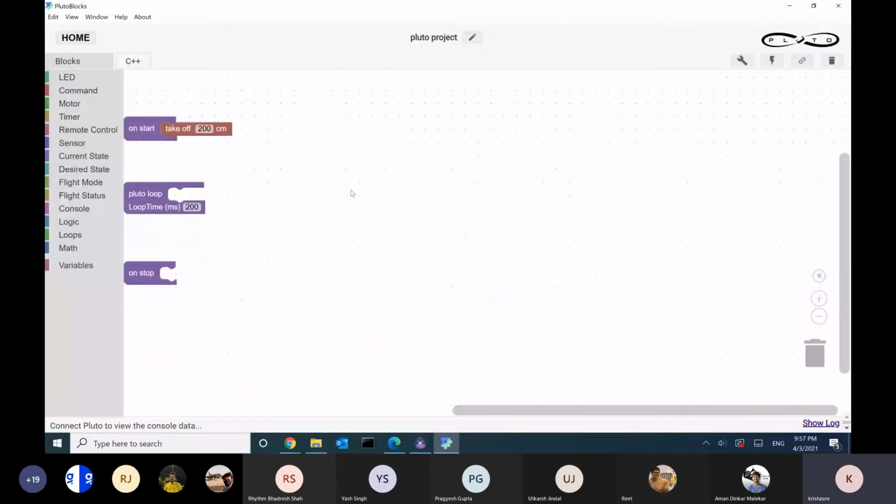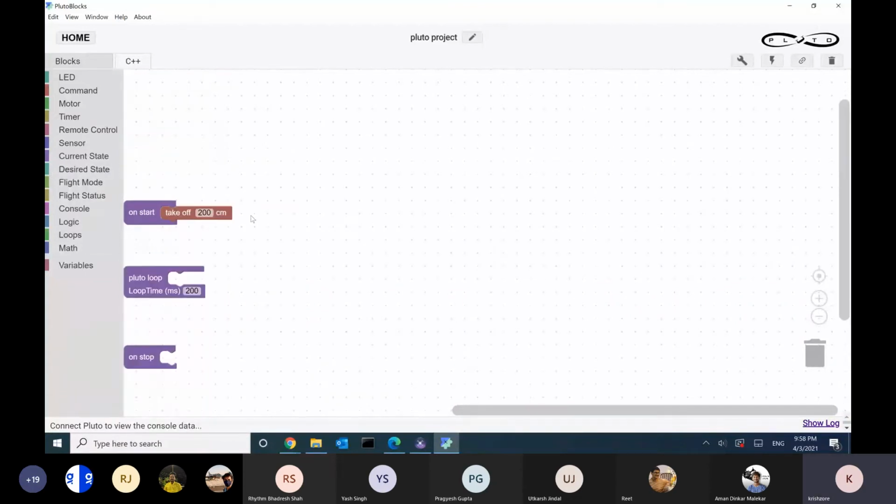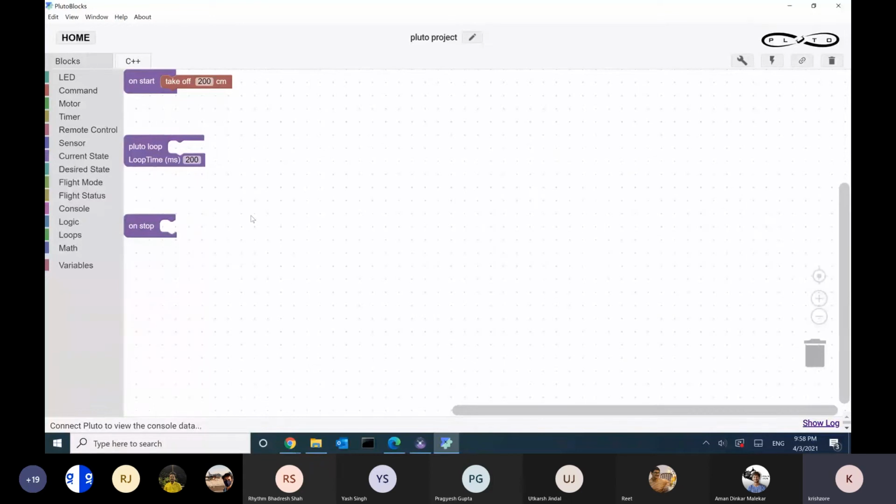So the only difference between Cygnus and Pluto, as far as Pluto 1.2 is concerned, is that most of the APIs are available here, as we are not dealing with any hardware interface. But if you are working with Pluto X, anything related to hardware you won't get in Pluto blocks, but the other parts you'll mostly get here, though you won't get complete control.